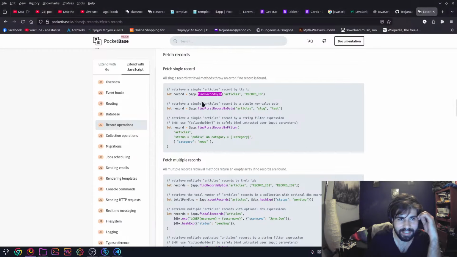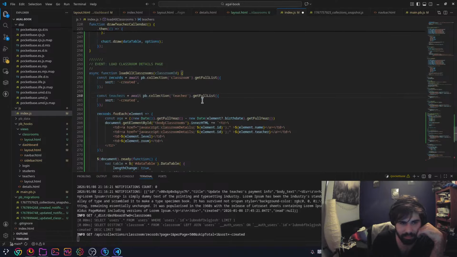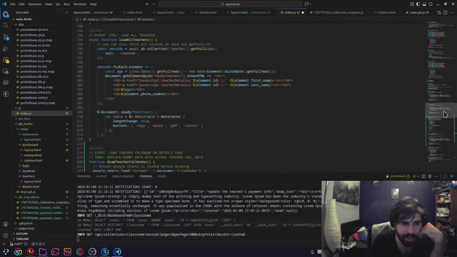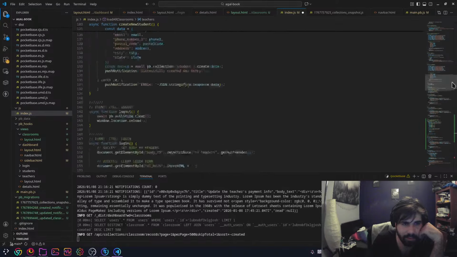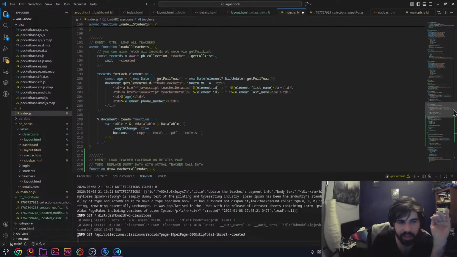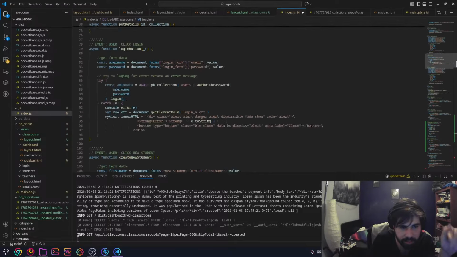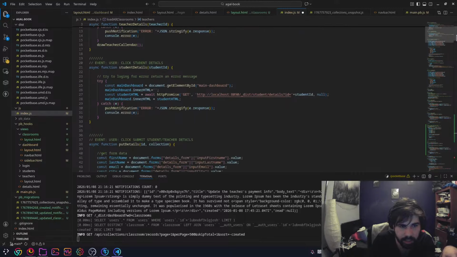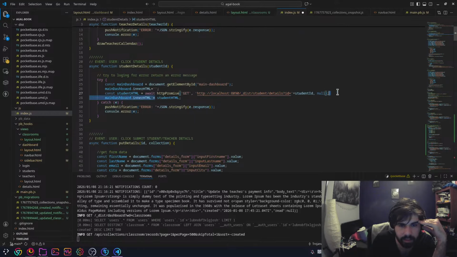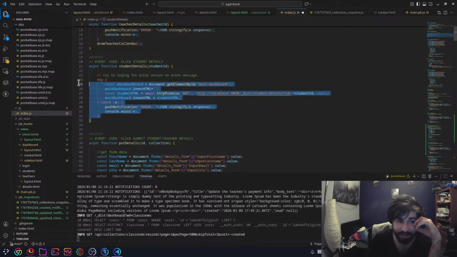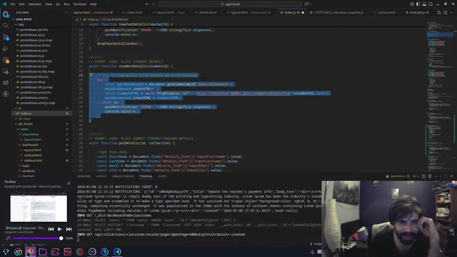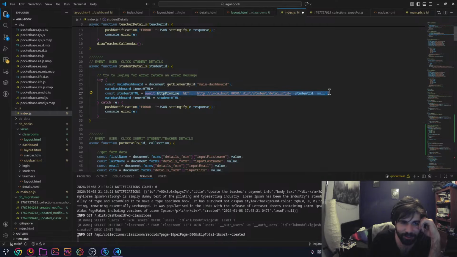Wait, this is in here, not in the thing. Why am I having a hard time with this? This is weird. Because we get full list. I'm looking at the wrong freaking thing. Where is the single? Yeah, there you go. Okay. Apparently, for individual IDs, I just pipe it. Okay, so I'm just gonna pipe it.